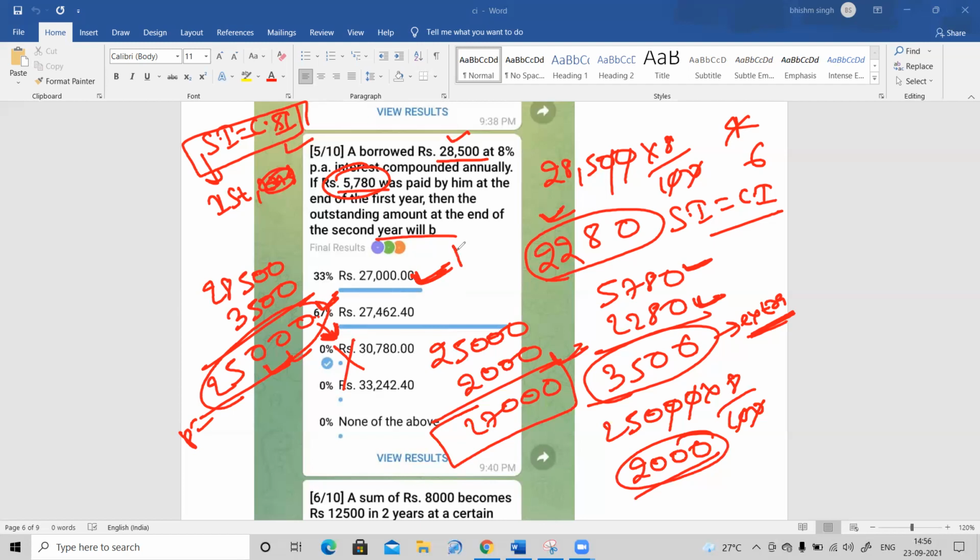And there is some problem even coming in the board application. Yesterday I have taken the ratio and proportion test. Some students did 6 questions correct, 7 questions correct, but they are not getting the answer. So this is a technical issue from the board side. I request all of you to count by yourself how much you have done correctly and write your score on the board. That will decide your rank.